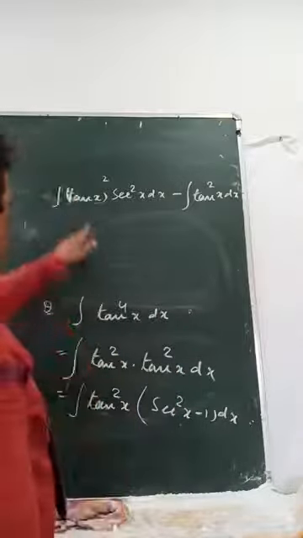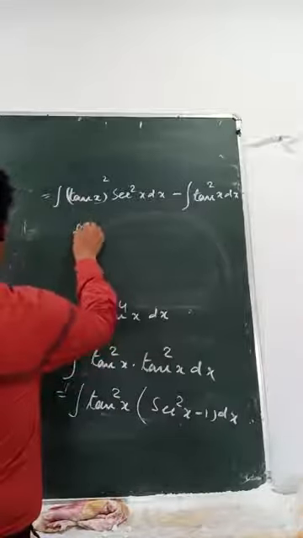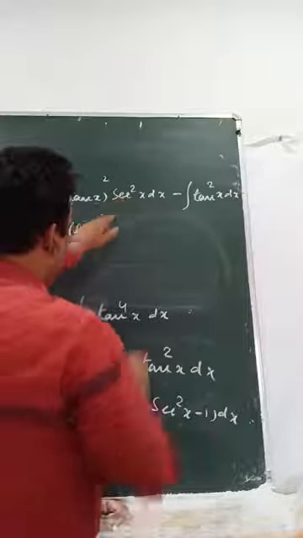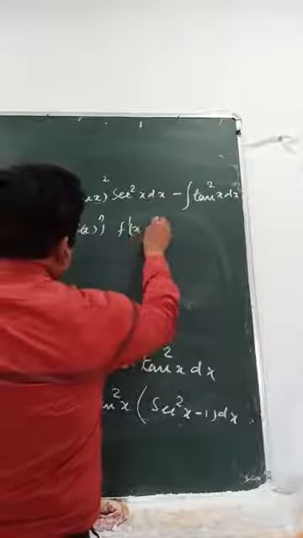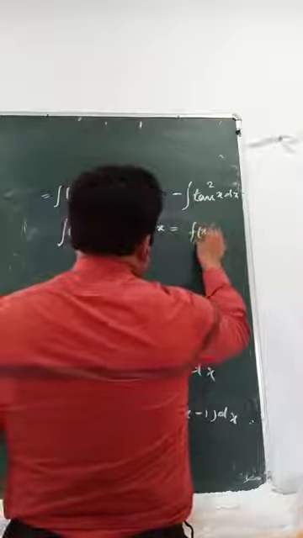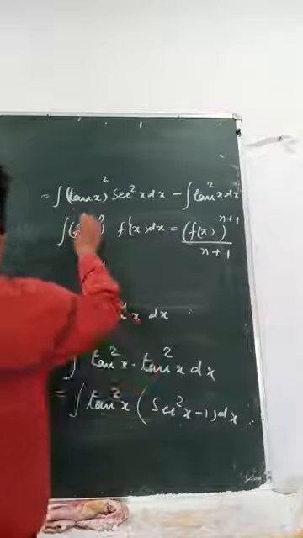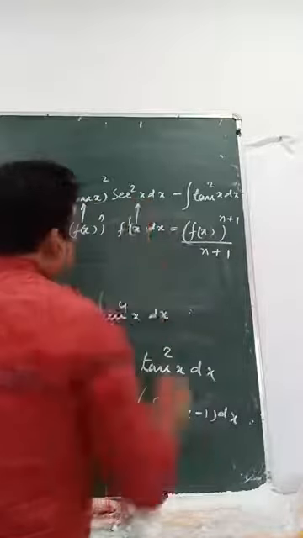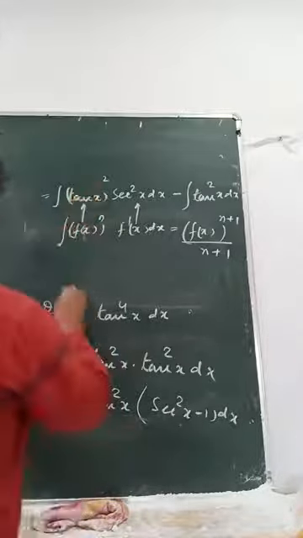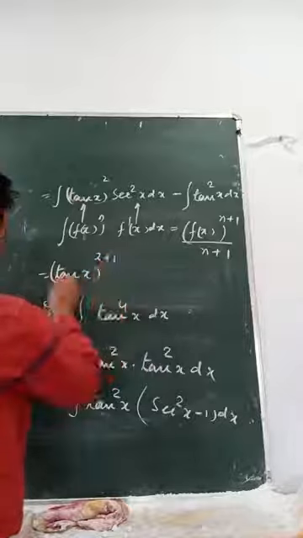Okay? Now, again the same thing is repeating here. Look at here. Your f(x)^n means f(x) is tan x. This is tan x, its derivative f'(x), that is what, f(x) to the power n plus 1 by n plus 1. So this is your f(x), this is your f'(x), its derivative. So the nth formula of this will be tan x power 2 plus 1 by 2 plus 1.